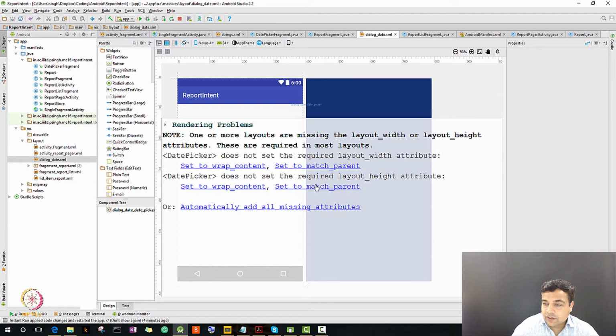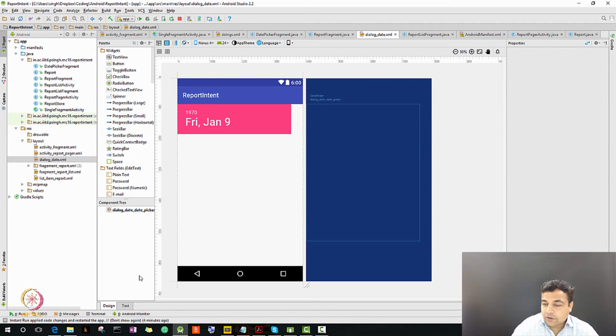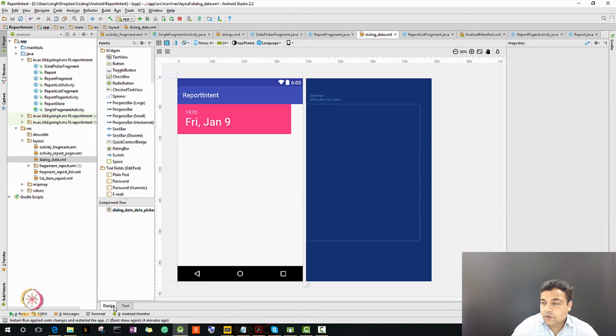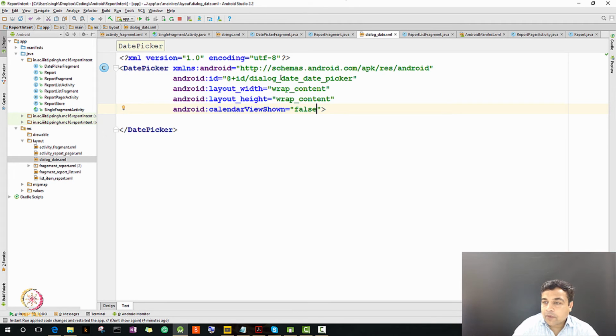So as you see, there are some issues here. Layout date picker does not set the required layout height, or automatically add all missing attributes. So this looks fine now. You can see how it will roughly look. So let's move forward,